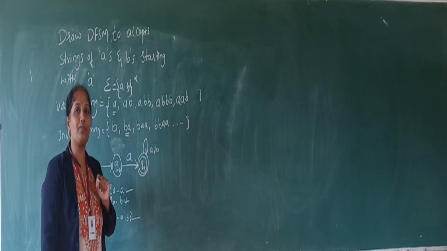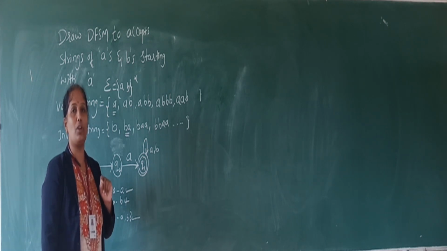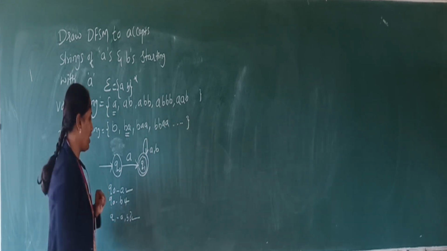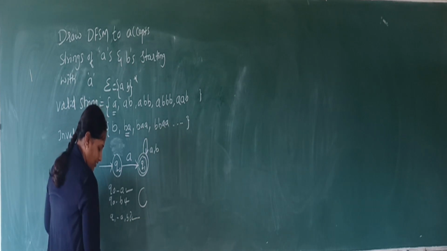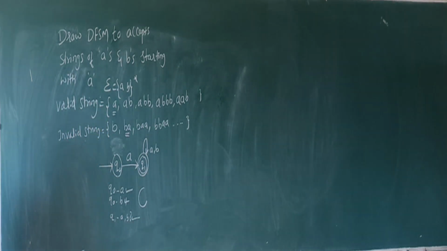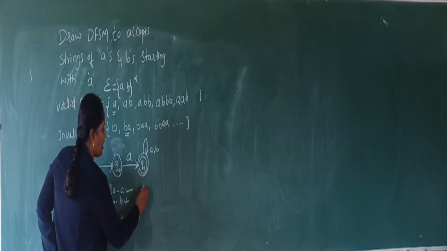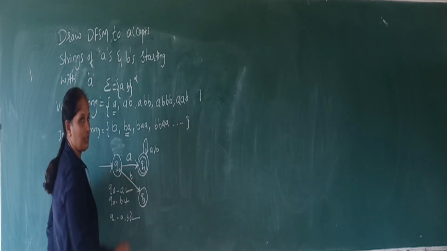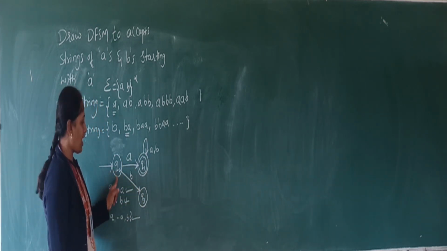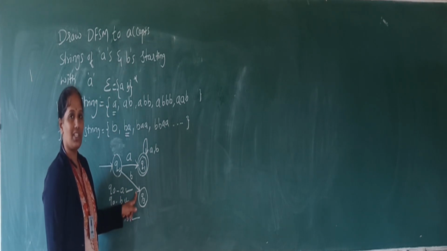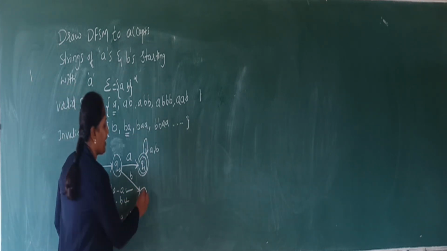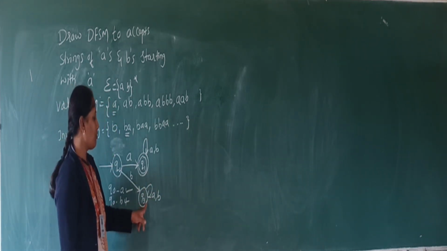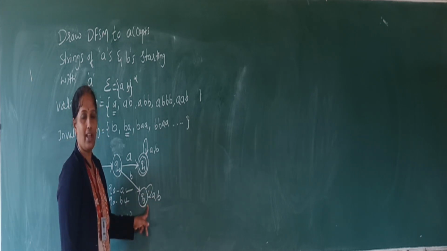At that time you are going to introduce what? One dead state. Okay, if the transitions are not at all possible to show, then you are going to introduce one trap state or a dead state. Okay, so take this as a Q3 state. So here I will draw this as a Q3 state and the B transition I will show to this state. Okay. So if any string is starting with the B, it will be moved to the Q3 state, where the Q3 state is a dead state and it will be here for indefinite time. So for Q3, the A and B transitions I will show as a loop only.